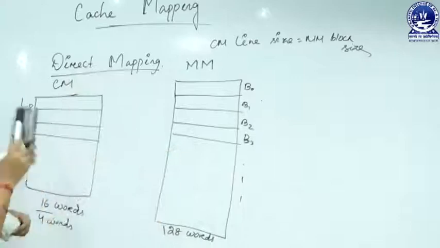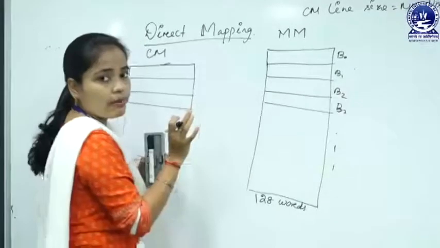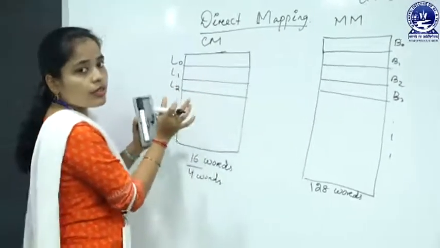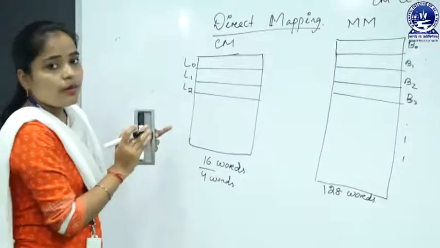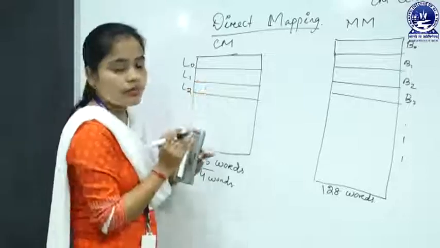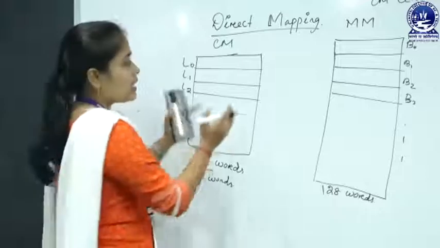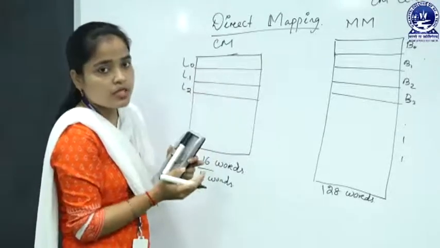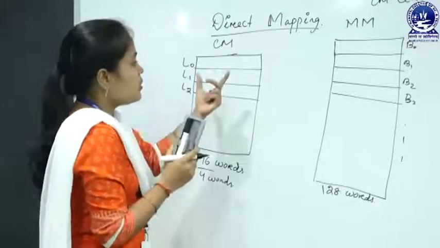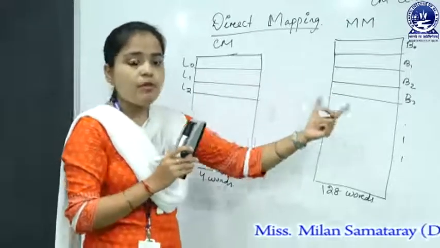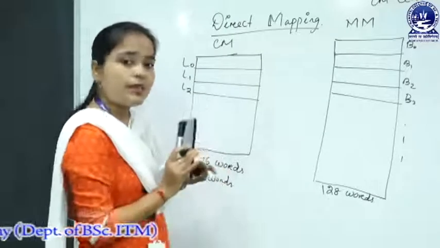Because in the mapping technique we have to move a complete block of main memory and store that block into the cache memory line. If the cache memory line size were less than the main memory block size, then how would we store a large amount of data in a small amount of memory space? So it is not possible, and vice versa is also true. That's why the cache memory line size and main memory block size are equal, for all the mapping techniques.